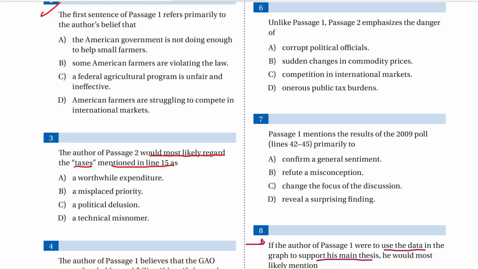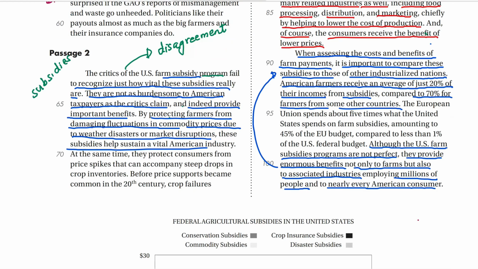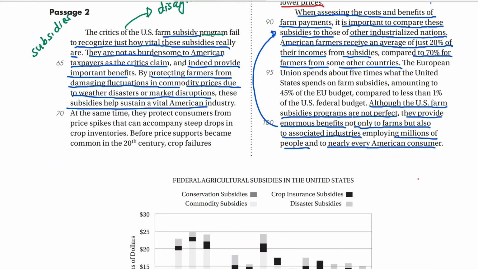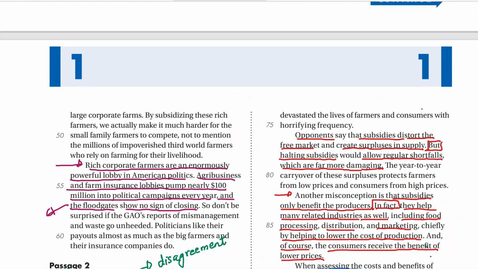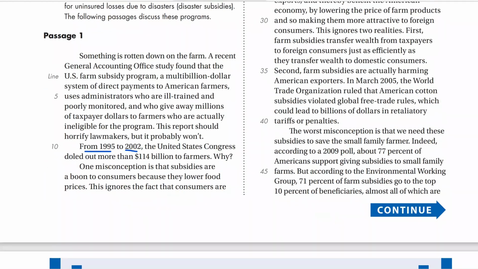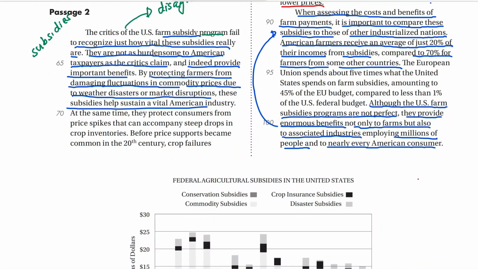فاكرين التاكسز؟ طب هو اتكلم عن التاكسز as something good or bad, vital, important or not important. خلوا بالكم ده the author of passage number 2 يعني he was quite positive, right? فعندي هنا يا اساتذه لاين نمبر 15، لاين نمبر 15 اللي هو التاكسز اللي اتكلم عنها في اللي هي طبعا باسج نمبر 1 كانت ايه؟ كانت التاكسز he talked negatively about it,